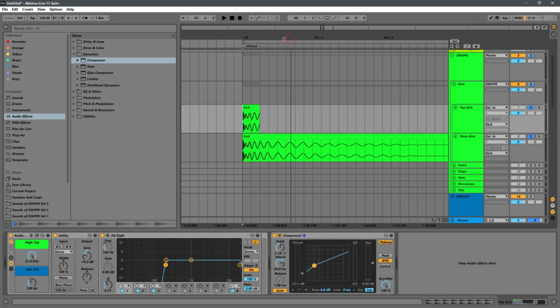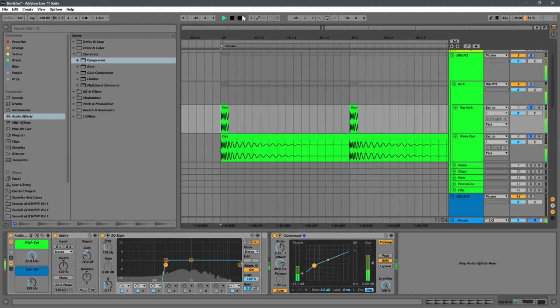Hear how it sounds together. And then without it. And then with it. So you could hear how it adds a little bit of a transient or a punchier